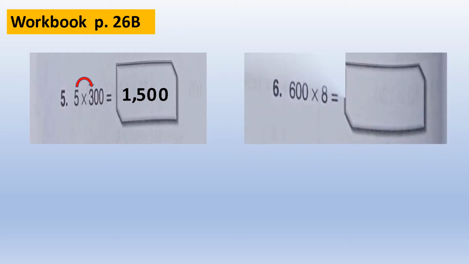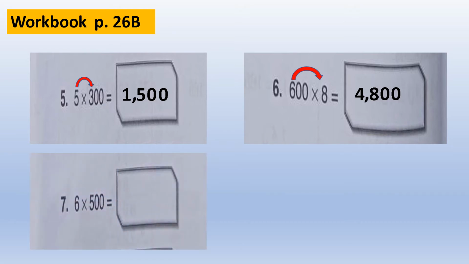Number 6. So it's the same. Multiply 6 and 8. That will give you 48. Add two zeros. That is 4,800. Put a comma after the third digit from the ones place. So the product is 4,800. The sentence is 600 times 8 is equal to